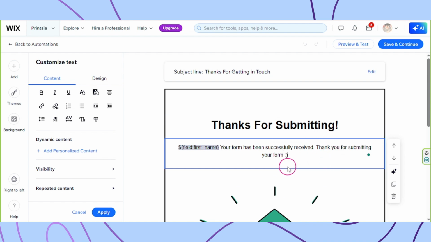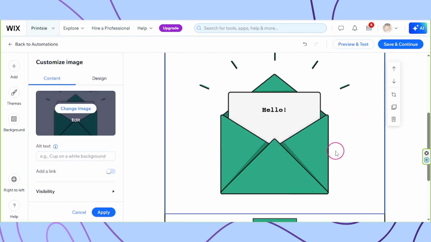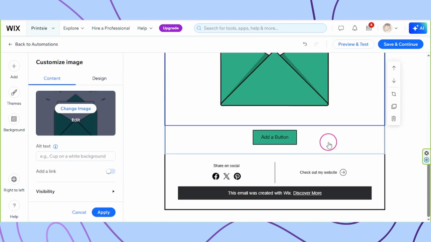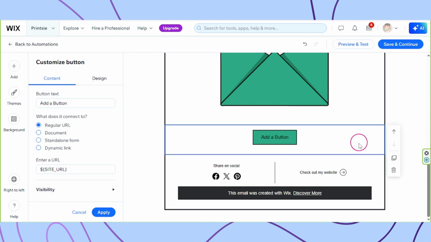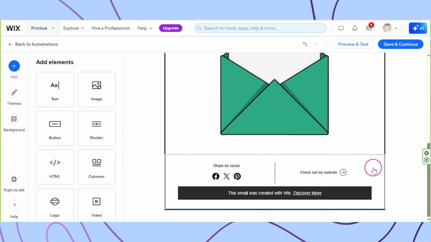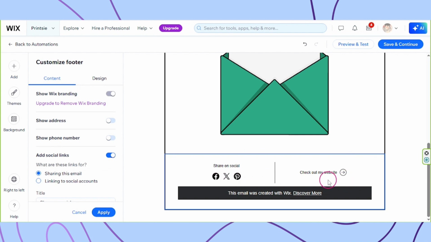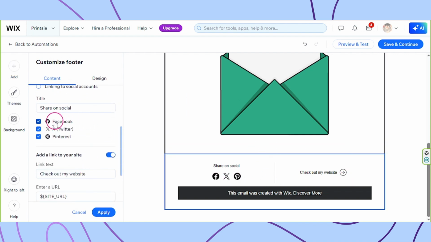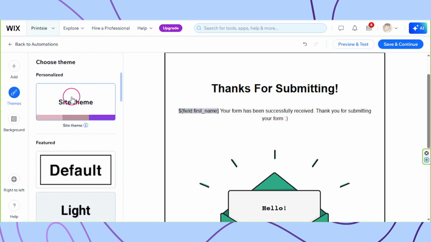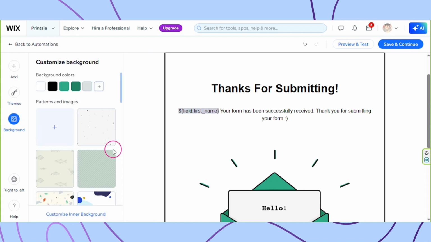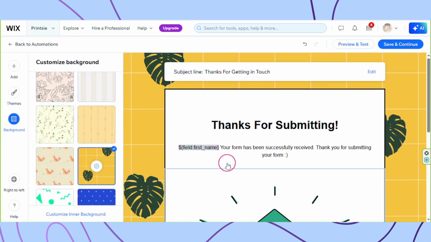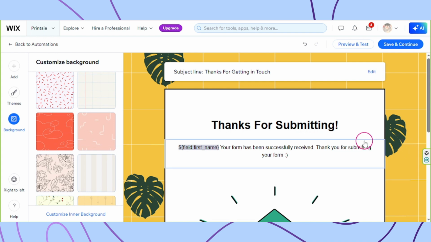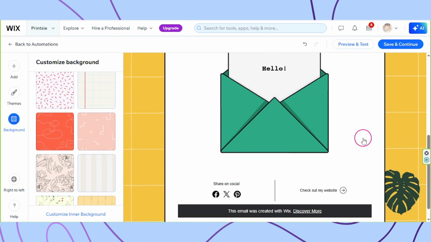And apart from customizing your message, you can customize the other elements on your email as well. You can add an image if you want to. You can also add a call to action button. If not, you can just delete the elements that you don't really need. And of course, it's going to have a footer, so make sure that you also input the correct information on your footer elements over here. If you like, you can also choose a theme or add a background to it to make it look, well, much nicer. Anyway, once you're done, review everything, make sure that there are no mistakes, and if everything's all good,